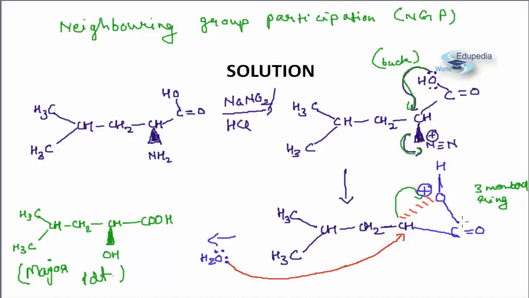And as we all know, 3-membered rings are not very stable. So there is sufficient H2O in the solution. This H2O will attack from the front. This attack will only happen from the front, and this bond departs from here, and we get OH and COOH. So you can see this mechanism, due to this mechanism there will be a retention of configuration and not an inversion. You might be thinking, sir, why not SN2 mechanism? See, SN2 can't take place due to the large steric crowding. So there will be neighboring group participation, and this OH will come in the front.